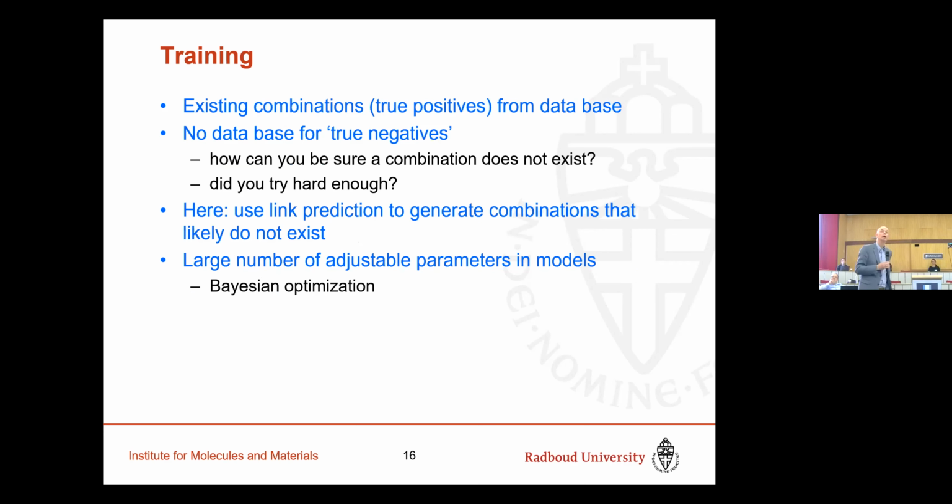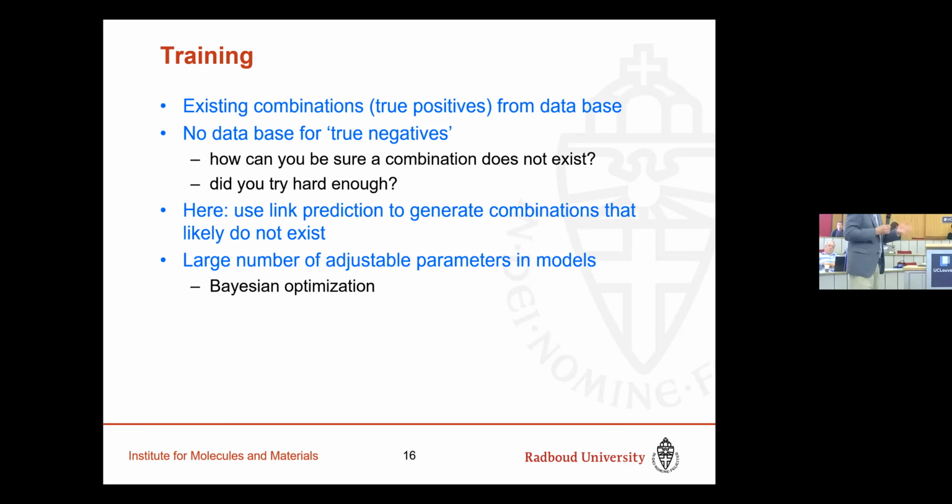And then, of course, you have to train this. Now, the database is a beautiful case of positive results. You have 10,000 working examples. But if you want to train an artificial neural network, you have to also give negative examples. And experimentally, there's no database. People have failed experiments locally in their logbooks, but there's not an experimental database for that.